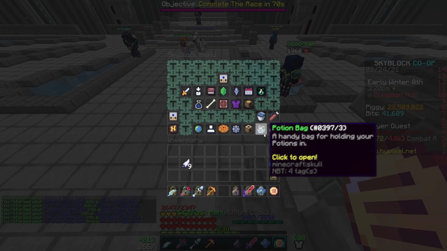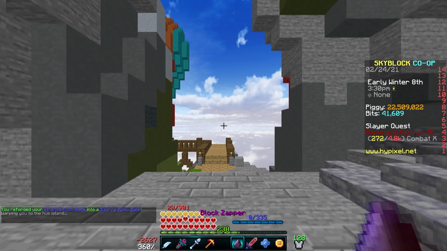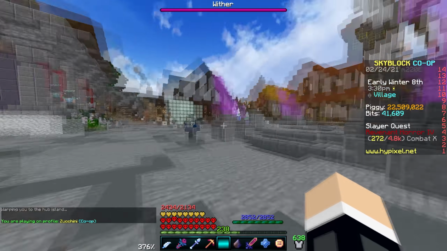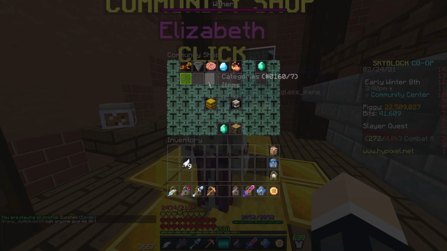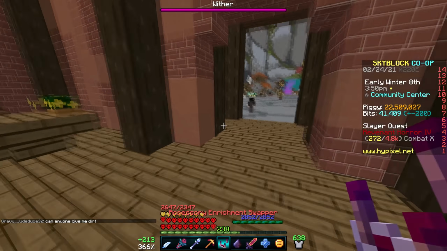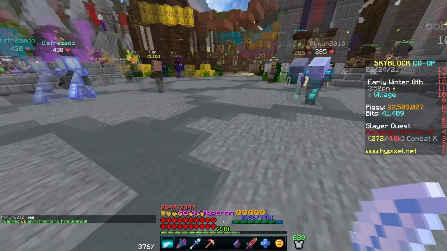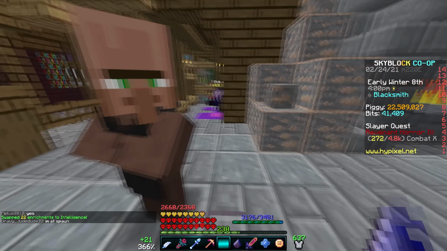And one more thing I want to do first, actually, before we reforge our entire talisman bag, is to go ahead and buy an enrichment to enrich our talismans with the intelligence enrichment that will give us slightly more mana on our legendary and mythic ones. So go to the bit shop, go ahead and buy an enrichment swapper for 200 bits, and then use the intelligence enrichment. There we go. We are now up to 3,481 intelligence outside of dungeons,